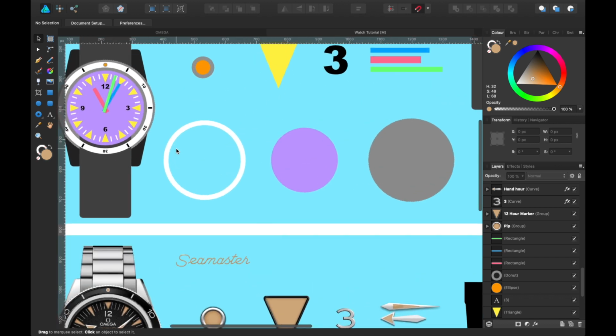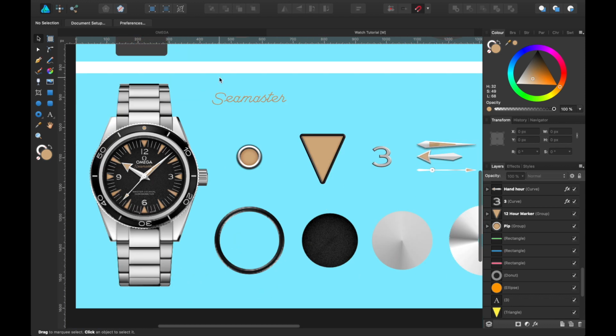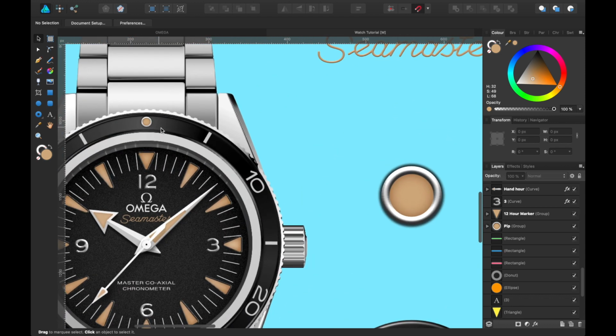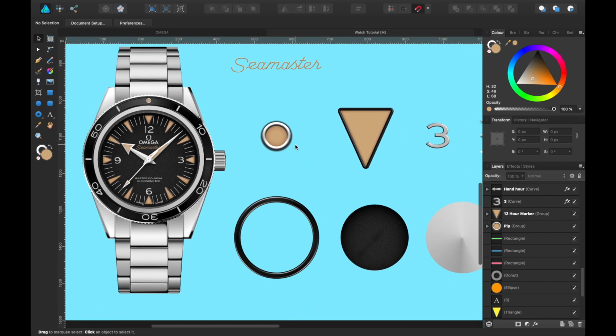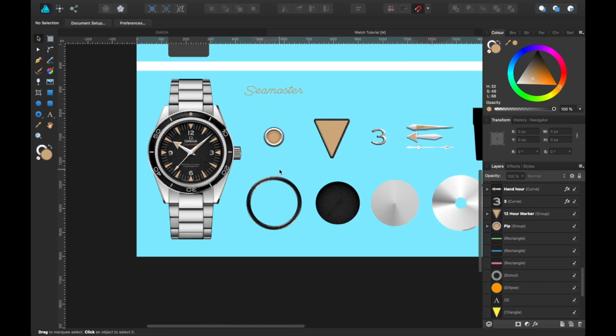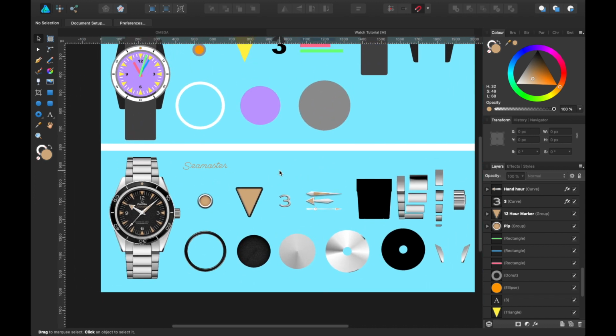If I zoom in a little bit, we'll start with the pipette on the watch. You can see it's there. My design was a bit more detailed, and you can see it here in close-up. It's just exactly the same shapes played around with. So I'm going to go through some of these one by one in case you want to see how I made it more three-dimensional.